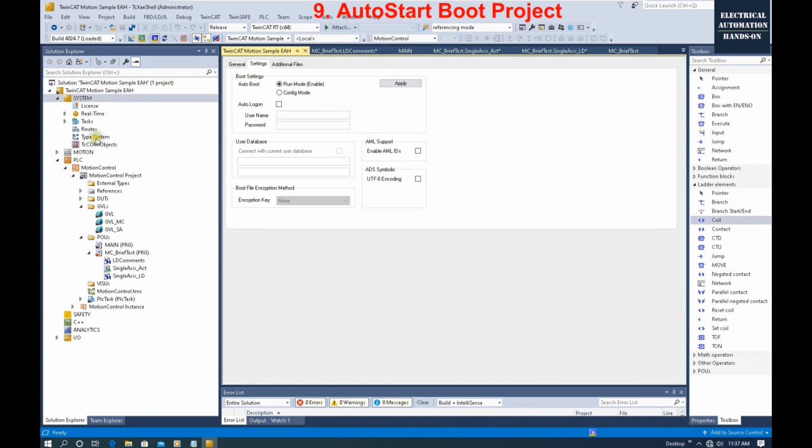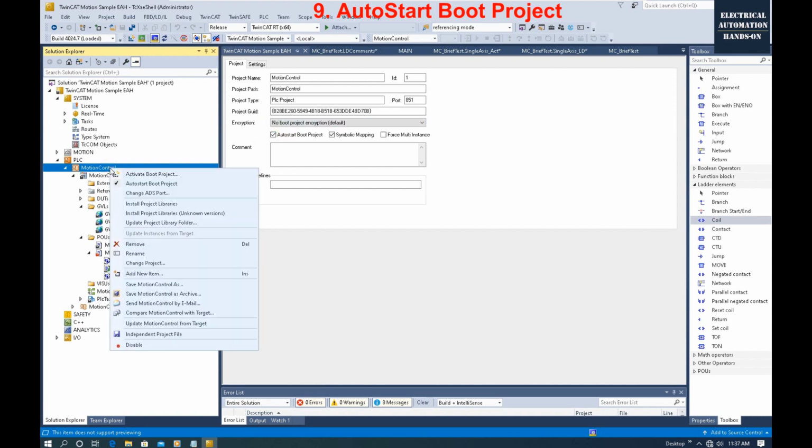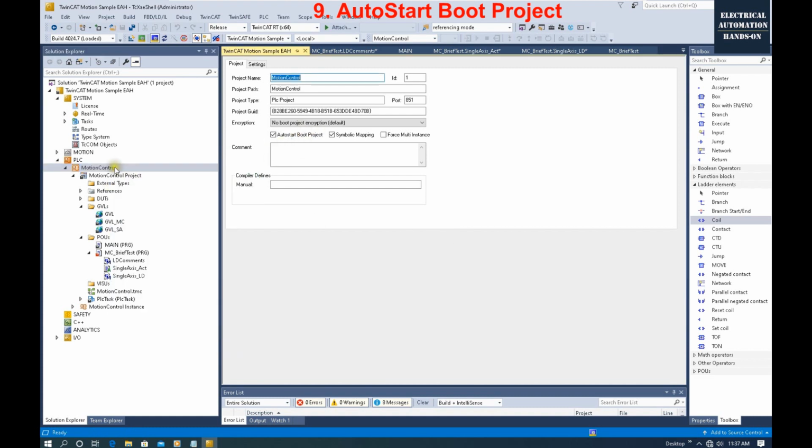And other than this, let's go to the PLC. Under this PLC icon, we'll see here, auto start boot project. We need to guarantee, we need to check this. It's a similar idea, right click here, this checkbox, auto start boot project. They are the same. And after you select this, if you download the project